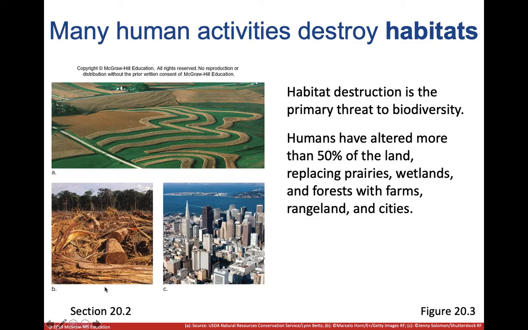And unfortunately, they don't always have a place to go, or they get killed in the process. Fish, if you drain their swamp, they're obviously not going to have a place to live. Organisms that live in these trees, little tiny bugs and lizards and maybe baby birds and baby animals that are in nests and things, their trees are going to get knocked down and they're going to die as well. Maybe the adults can't outrun the machinery that's knocking over the trees, and they get killed and squished.